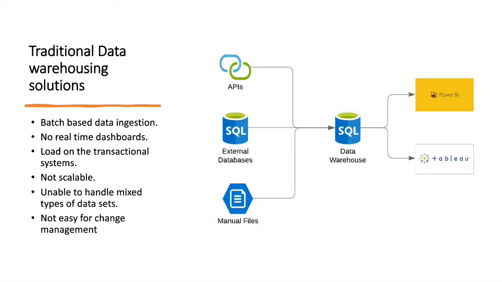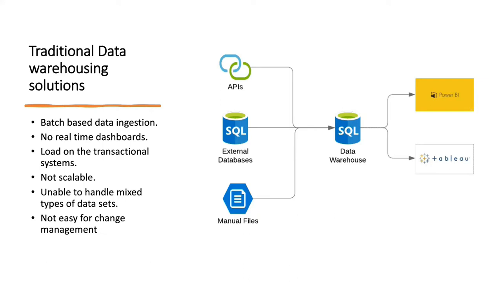So let's see what are the traditional data warehousing solutions which were traditionally being used. So these systems were basically batch-based data ingestion platforms, wherein a nightly job would run to pull the data from transactional systems and generate a data model in the data warehouse. There were no real-time dashboards because the data was pulled nightly basis or data was pulled on a batch schedule. The real-time transactions were not reflecting in the data warehouse. There is a heavy load on the transactional system as well because some aggregation, some data pulling mechanisms would need to be run on the source system itself,